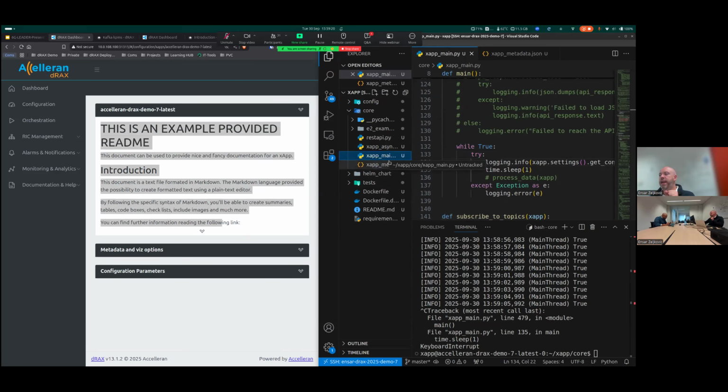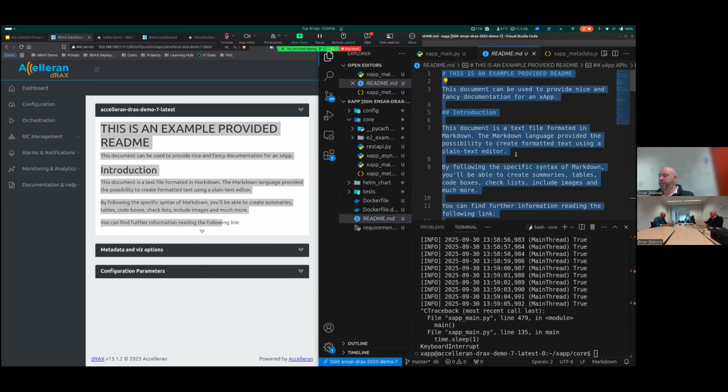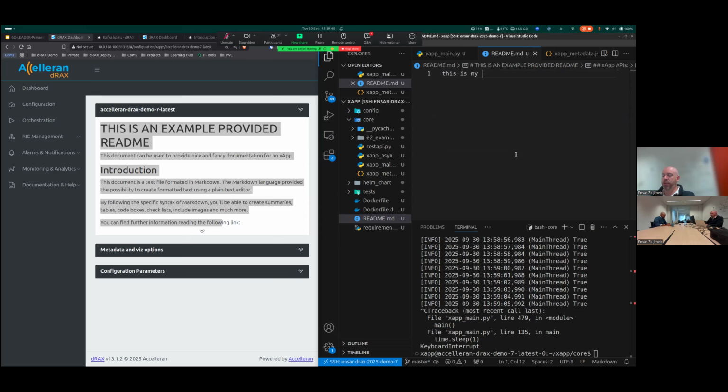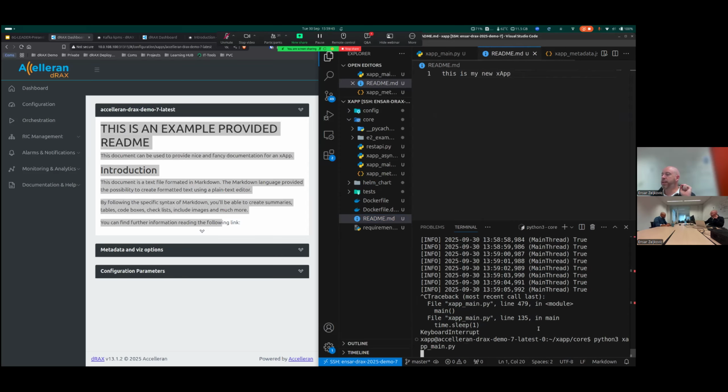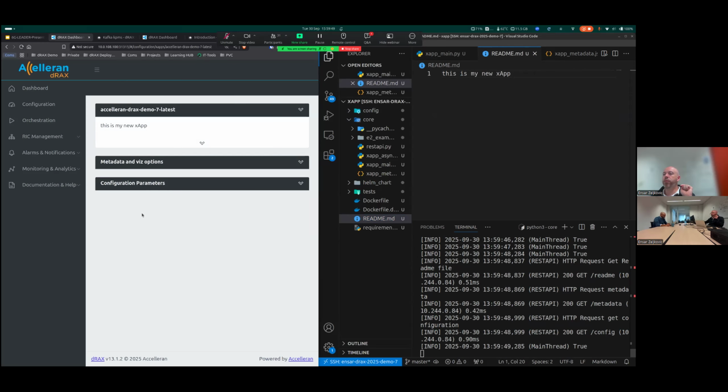There is this README.md, a markdown file, and this file gets loaded into the front end of the GUI. So if I edit this file and say this is my new xApp, run my xApp like this, and reload this page, you can see that this content gets edited.